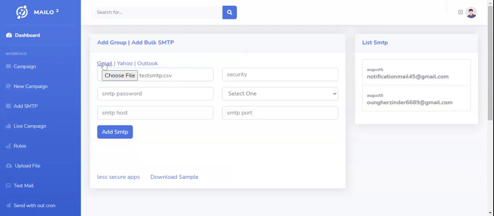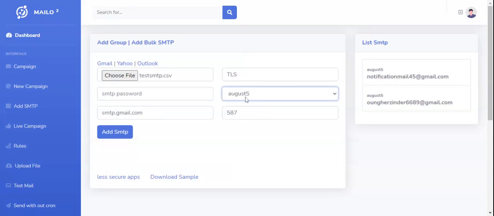If your list belongs to Gmail, Yahoo, Outlook, or your own domain, I'm just using Gmail as an example. You can use Yahoo or Outlook too. If you click it, your particular setup is already loaded.